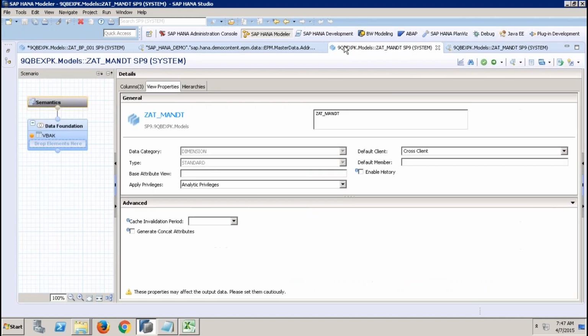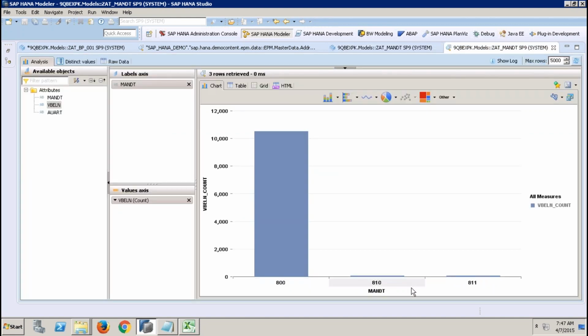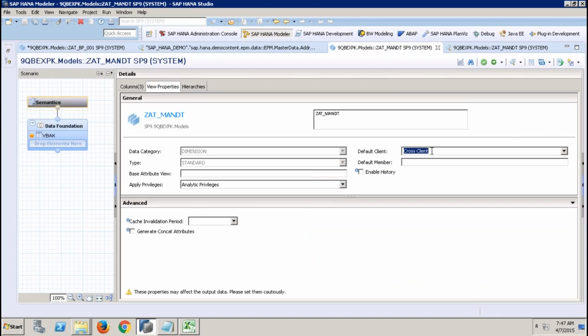So if I set this client value as cross session, the default client is cross client, my users will be able to see data for all the client information across. But if I set this as session client,